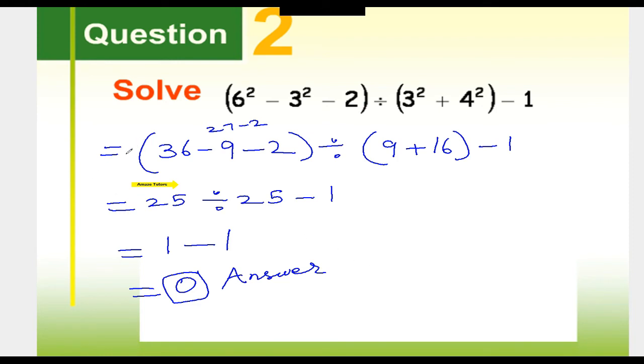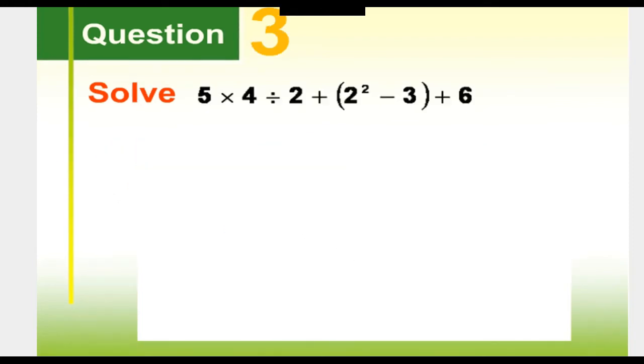Let's look at one more example to make you understand completely. Question number 3. We do have exponents, brackets, all other operations too. So what should be done first? Let's finish the brackets, PEMDAS, parentheses first. Let me repeat all other numbers and operations in the second step. Plus. Now 2 squared is 4. 4 minus 3, 1.